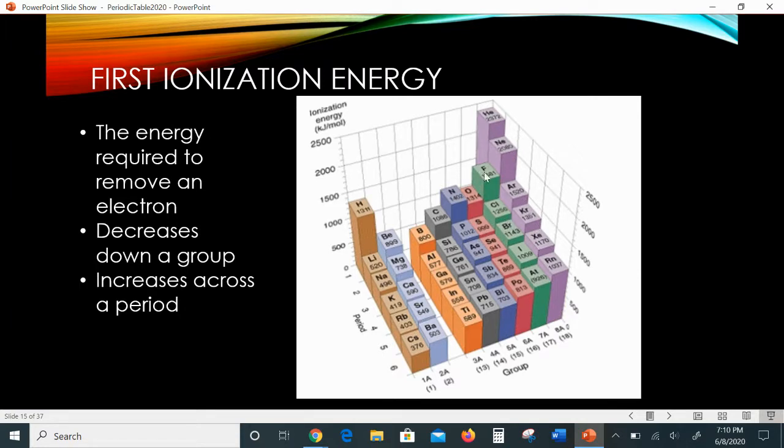Halogens, very high ionization energy. Low ionization energy, again, the Boo Jeffries corner. They're not going to fight you for anything. You can take the electrons. It's not going to be much of a fight. So energy increases as you go across, ionization energy, and it decreases as you go down. So the general trend is, again, as you go up toward helium, you have higher energy, and down in this corner, lower energy. All right.